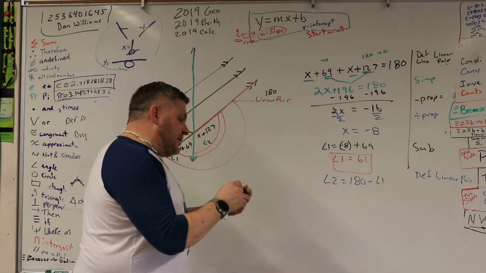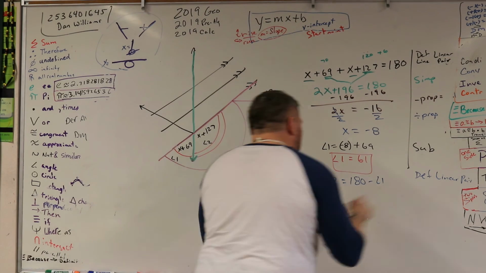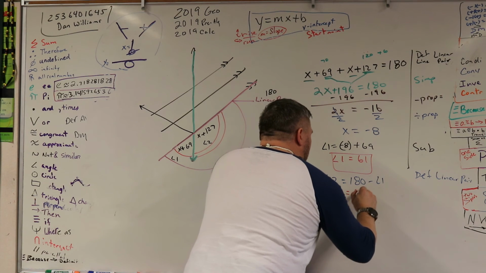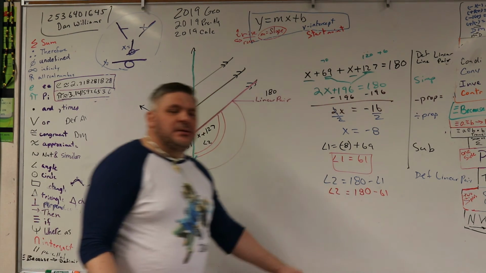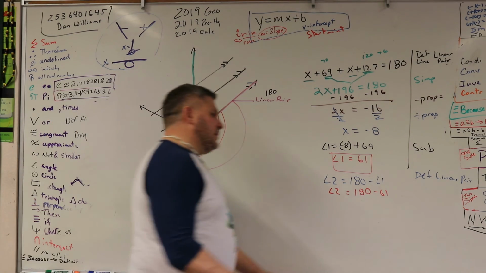And then plug it in, substitution. Angle 2 is equal to 180 minus 61, which is